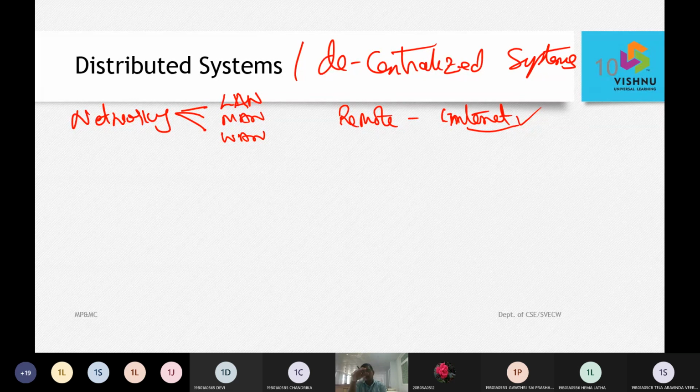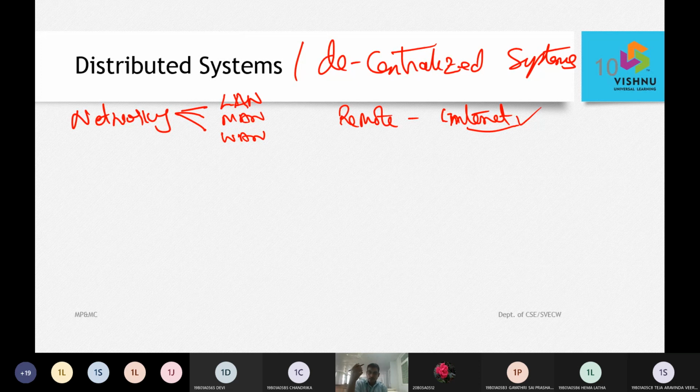For example, if we work with ECAP, it was only within the campus premises where you can't access it from your home. But when we have applications like Microsoft Teams, svcwecap.in, or the Vishnu Moodle LMS platform where we used to conduct the quizzes and give the lectures, all this happened from geographically different locations. So it is feasible with the internet.